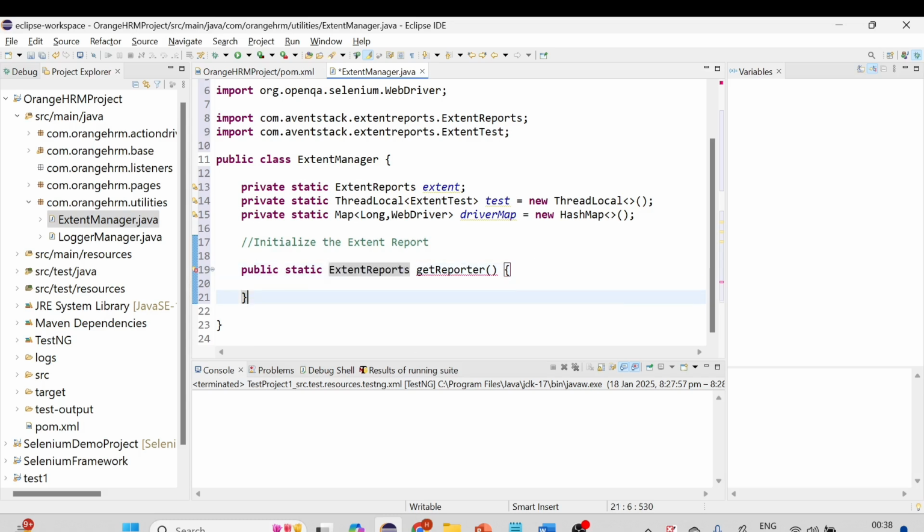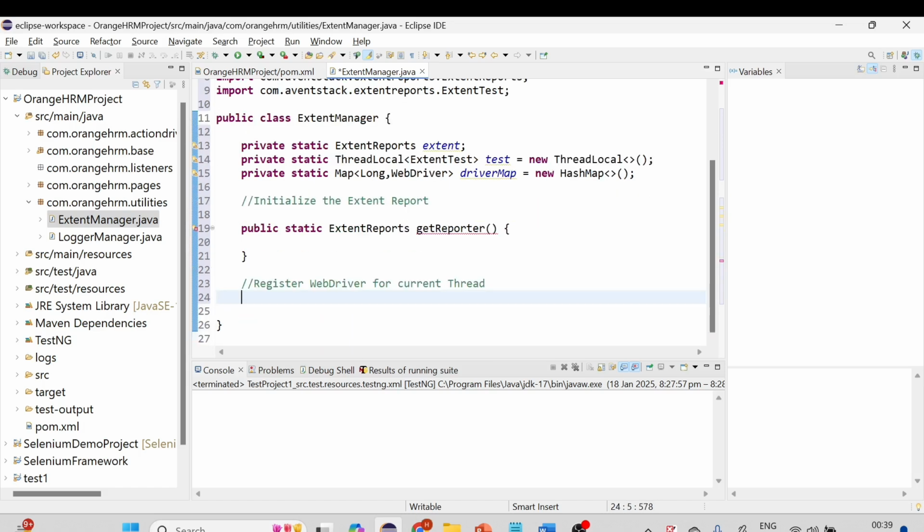So before that, I'll create one more method, guys. We have created this variable, right, driverMap. So what we'll do is register WebDriver for the current thread. We'll write one method, public void, let's declare this one as static as well, static void